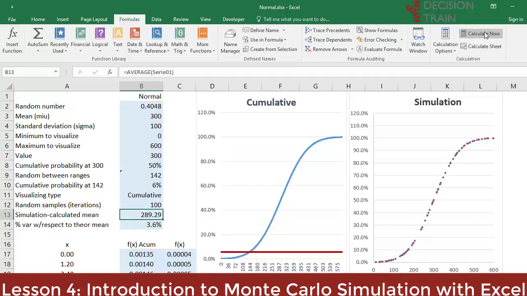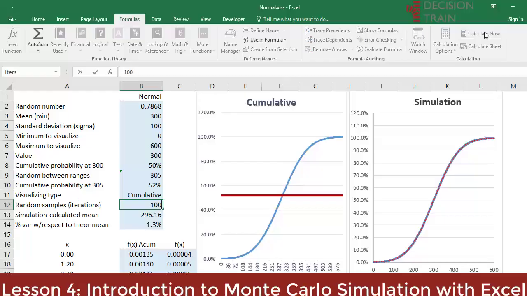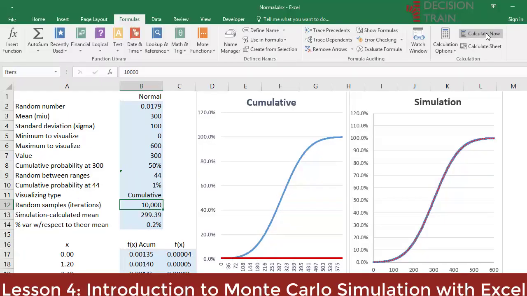Notice how these variations decrease as you go from 100 to 1,000 iterations. Obviously, when going to 10,000 iterations, the relative variations with respect to the theoretical mean of the one being generated with this number of samples will be, in the vast majority of cases, less than 1%. This is the point of convergence, which obviously requires defining how precise we want to be in our calculations.